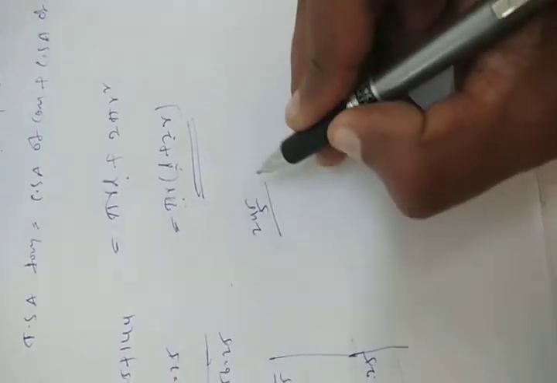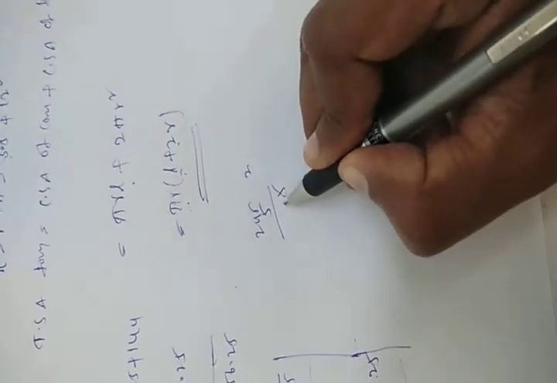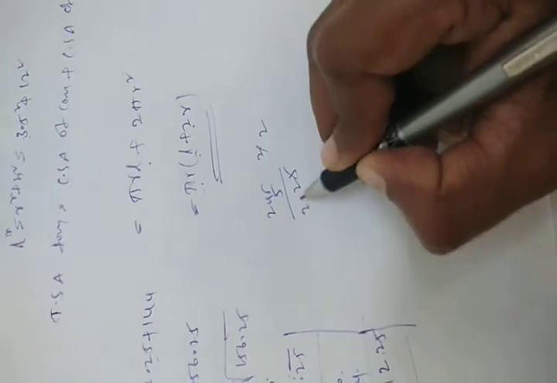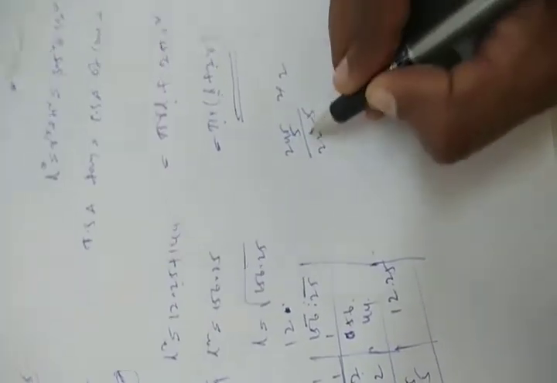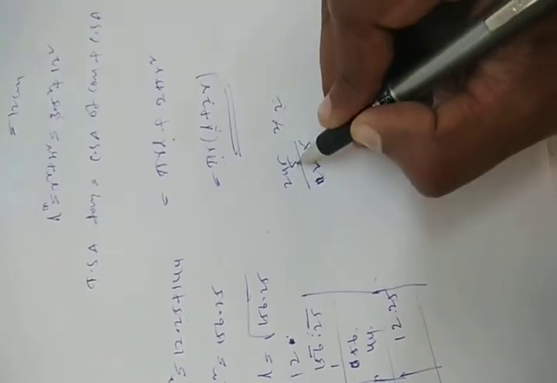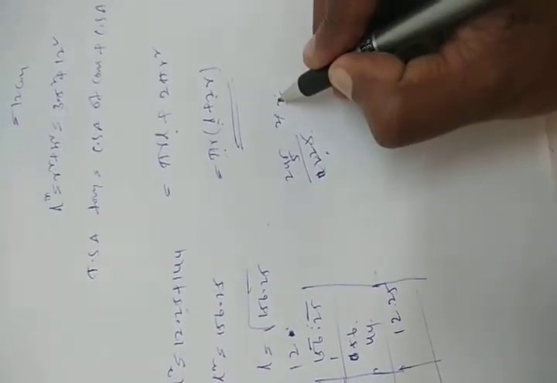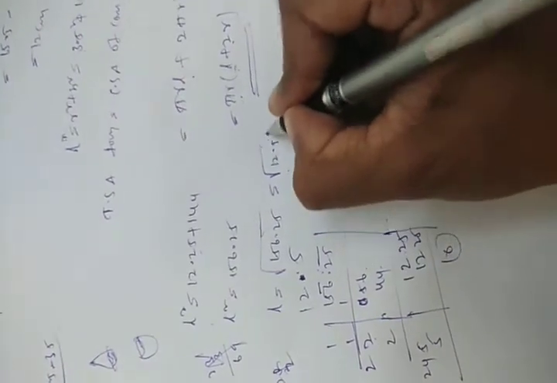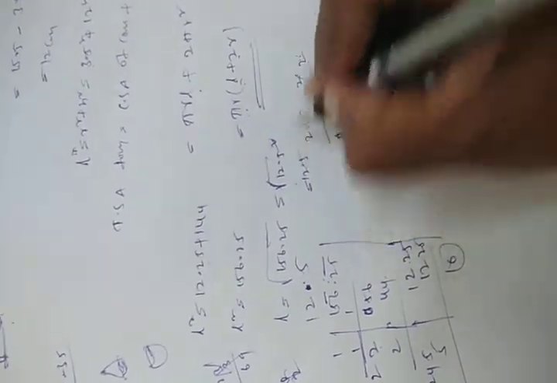245 5 is 5 5 are 25, 5 4 are 20, 22, 5 2 are 10, and 2 left here, 12. So exactly it is matching. So what do we have to take here? 5. 12.5. This value is the square root of 12.5 square. So the value will be 12.5.